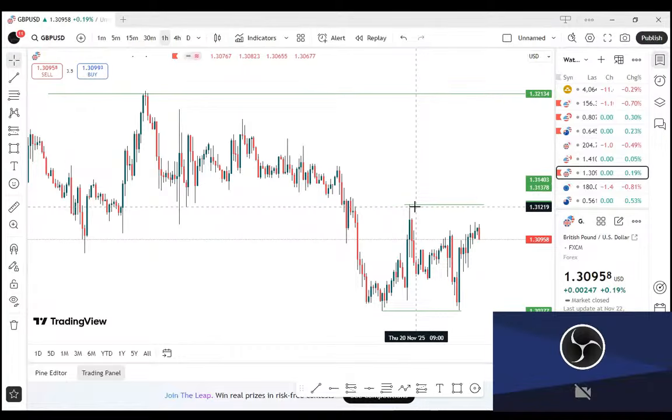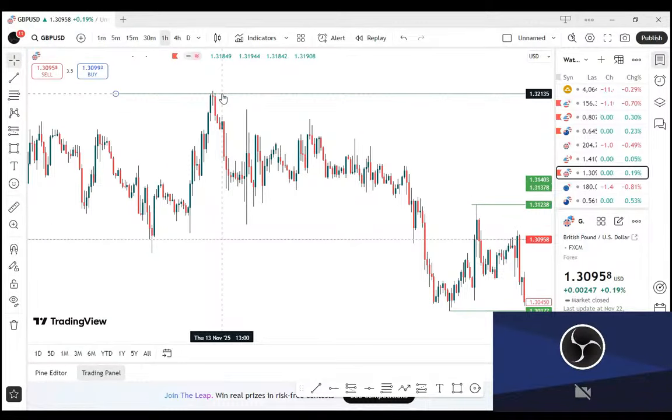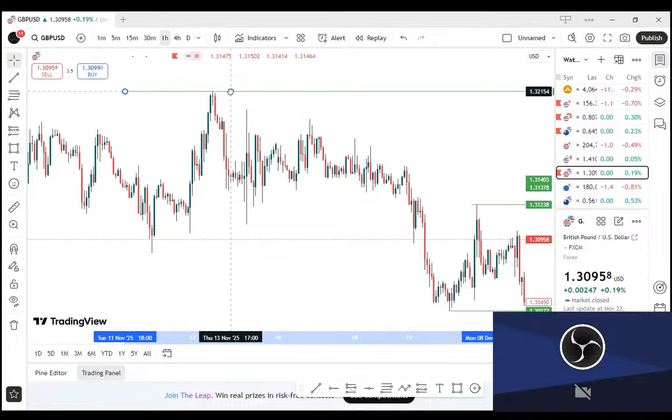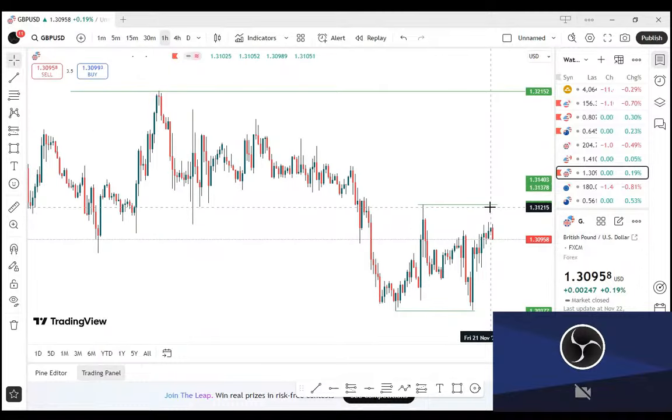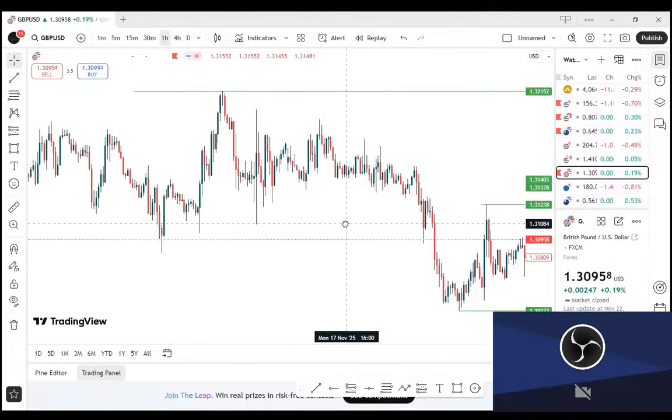That is why if you are looking for a selling opportunity at these highs, my main focus is even at these highs, because if price is giving you a shift here, let's say it takes out these highs, giving you a shift, then your target where you are looking for massive selling from is at this particular high. But here is where